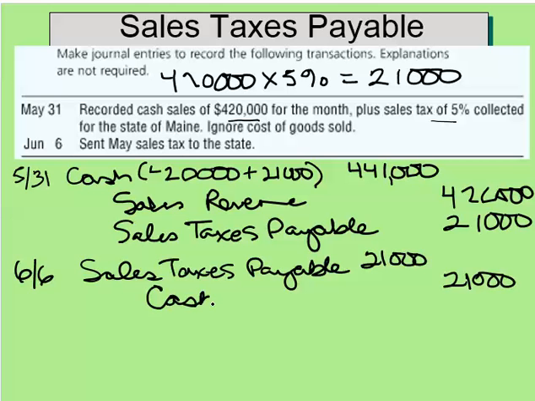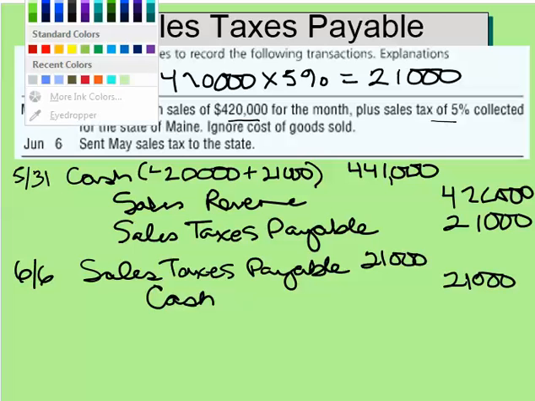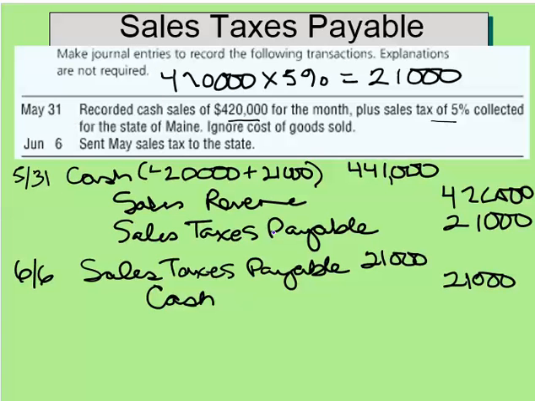Okay, just a couple of items of note here. When we actually credited our sales taxes payable, that increased our liabilities by $21,000. And then when we debited it, we decreased it by $21,000. So just like we were doing with notes payable, these two cancel each other out. The debit offsets the credit for the